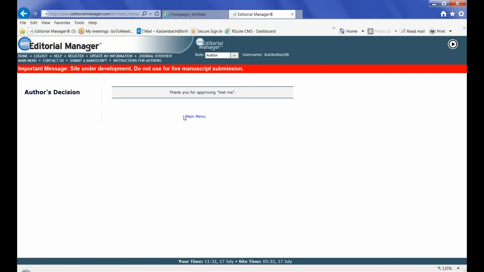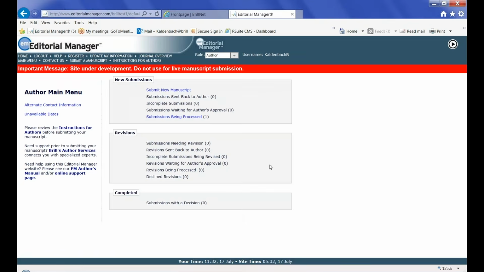And I can also go back to my main menu, and I see here the submission is being processed, and once the paper is assigned to the editor, it will have a number. When it's under review after that, you'll be able to see at least that it's under review. If you need any more information about the status of your paper, then you need